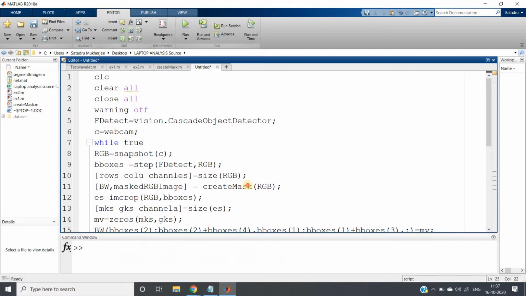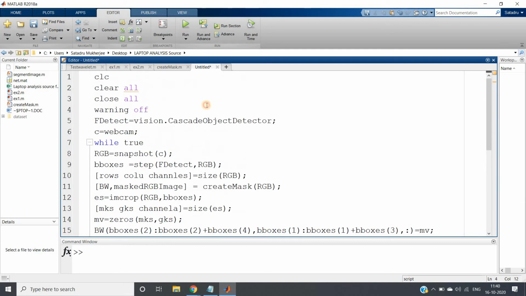Okay, so now first let's see the visualization or the working of the project, and then I will go to the code and explain it to you, and I will be posting the code in the description box also. If you want, you can take it from there and have fun with it. So let's see the implementation.